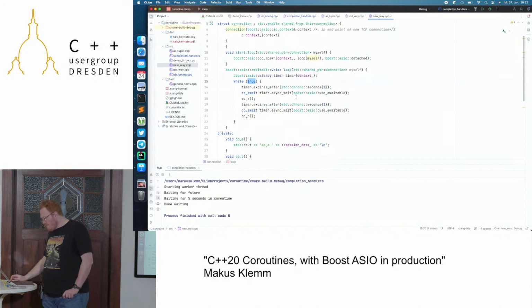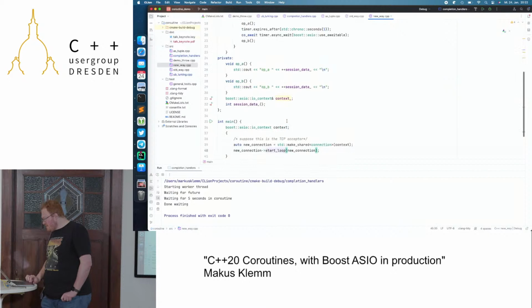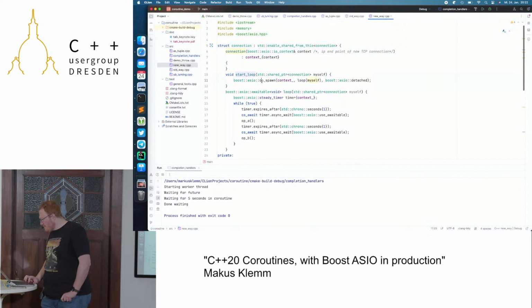A and B being called alternatively. But am I right that you have a single coroutine in this case? There are not two coroutines who are called alternatively? It's running in serial, because we only call co-spawn once. Example of a single coroutine, not two coroutines waiting on each other. Yeah,